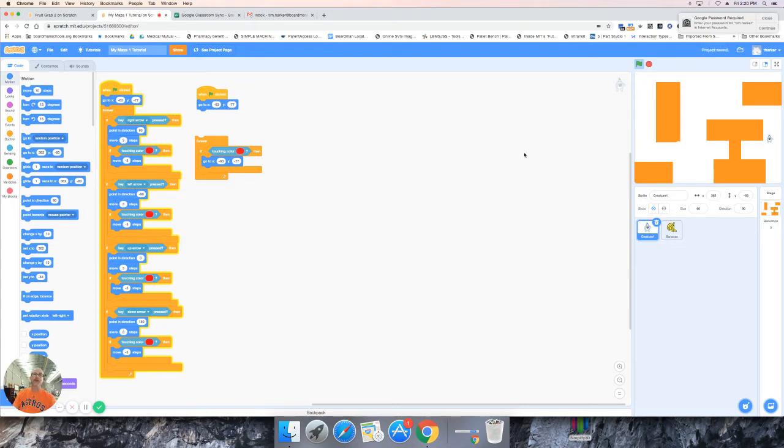All right, so here's a couple things you have to do at this point. When you do the switch, you have to tell the character where you want it to start again. Like we did that for the first one right here. That's when the flag's clicked. So now I'm going to position where I want this guy to start. So I think I'm going to have him start down here this time. So I put him there,